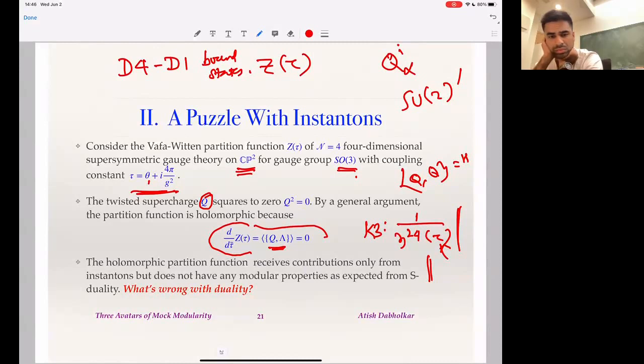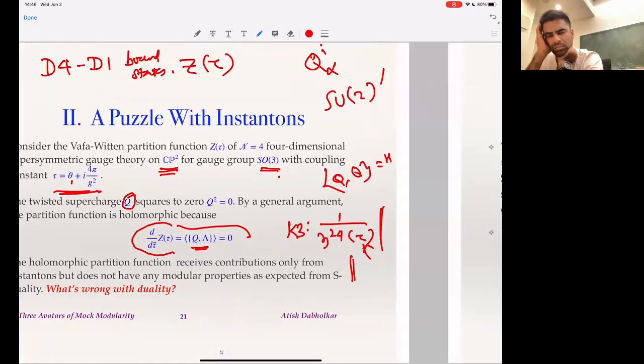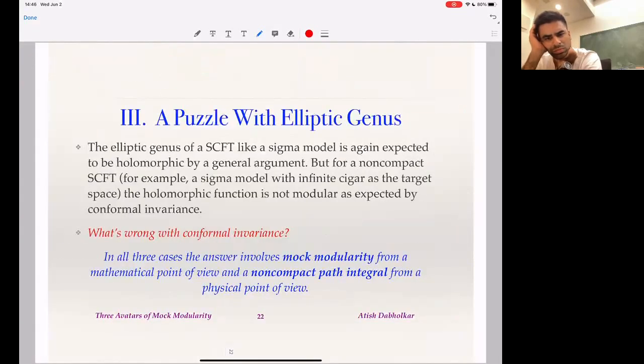So this was a puzzle actually for 20 years. And the answer to that question again involves Mock modular forms. Finally, there is a puzzle with elliptic genus. If you compute the elliptic genus of a sigma model, again, let's say sigma model on K3, then you will find